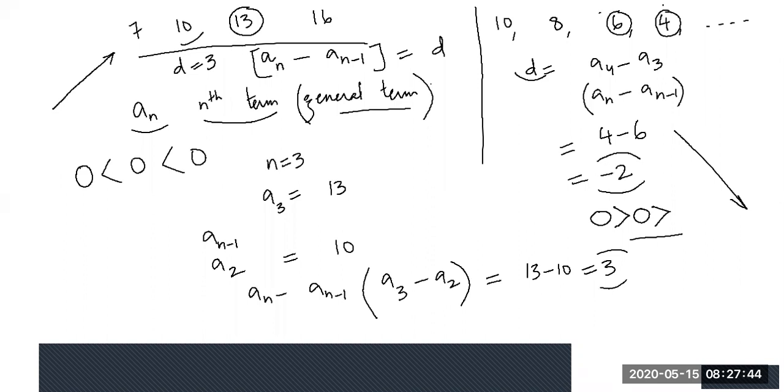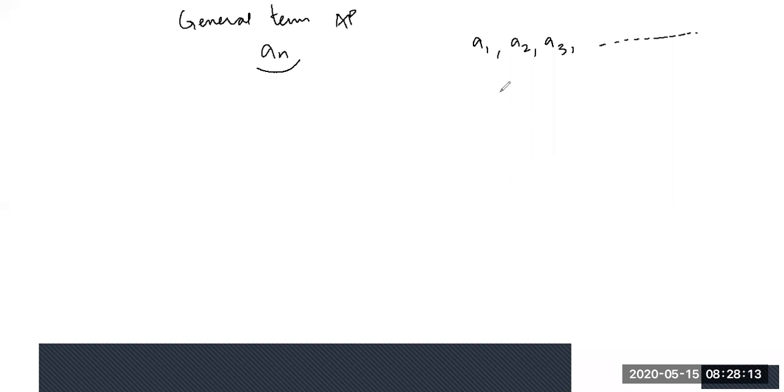All right, guys. The last thing we're going to discuss today is the general term of AP. Now, general term of an AP, as I've told just before, is represented by AN. Now, let's say we have an AP, A1, comma, A2, comma, A3. Let's say this is an infinite AP, right? Now, we know that. How did we get the first term? First term was simply A1, any term. How did we get the second term? We added common difference. How did we get the third term? A1 plus D, that is A1 plus 2D.